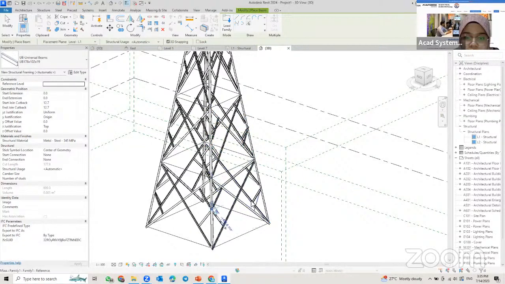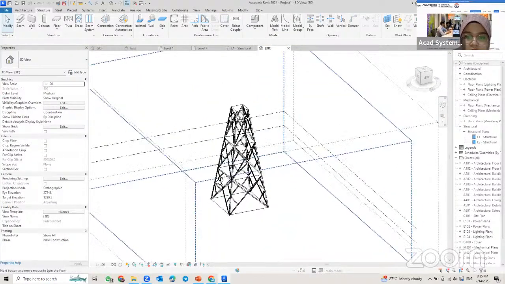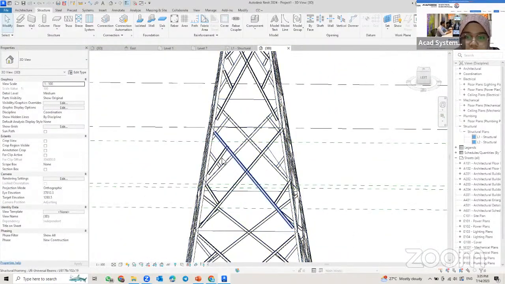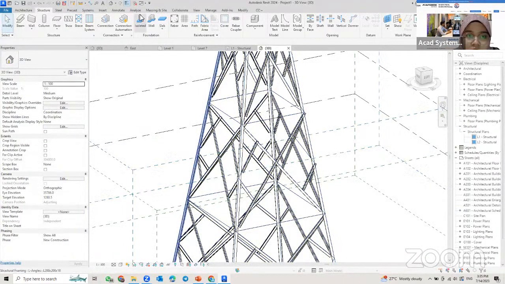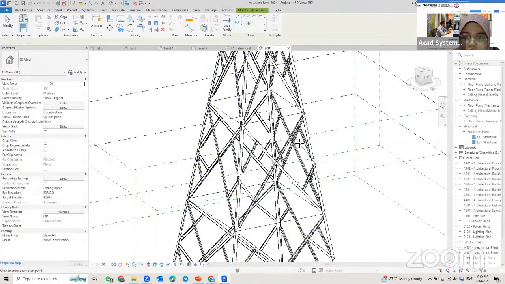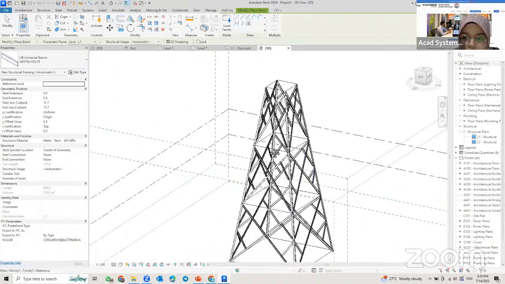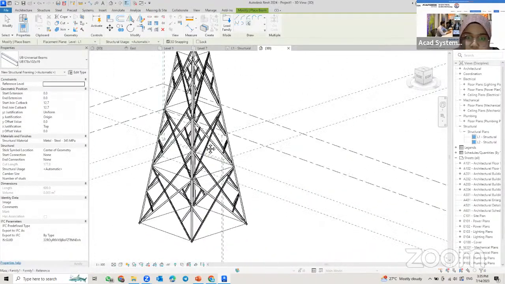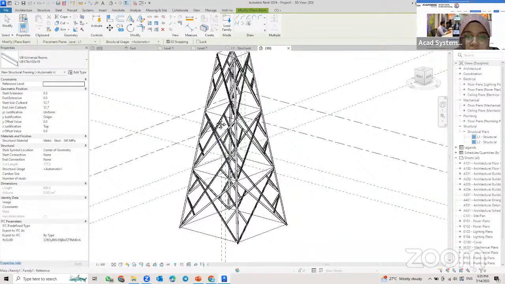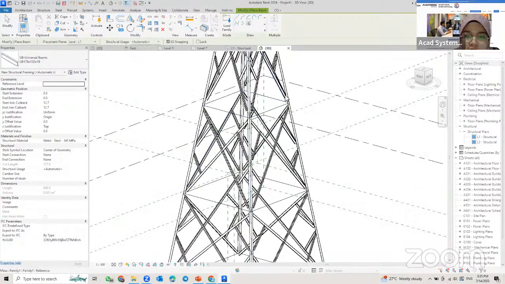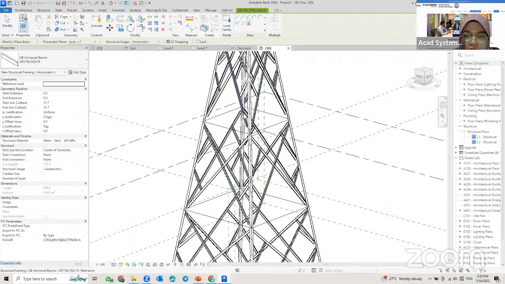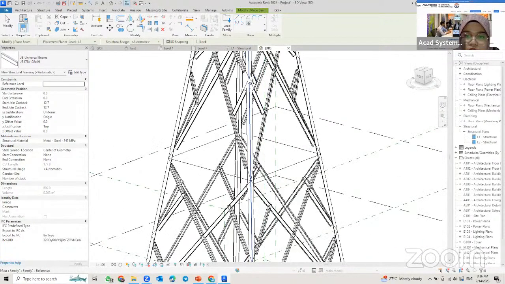And then the last level here. Okay, so I'm going to check first. Also, I have one more line I didn't pick just now. Let me see first. Okay, done. So now for the horizontal line, I'm going to use the same steel shape that I used for